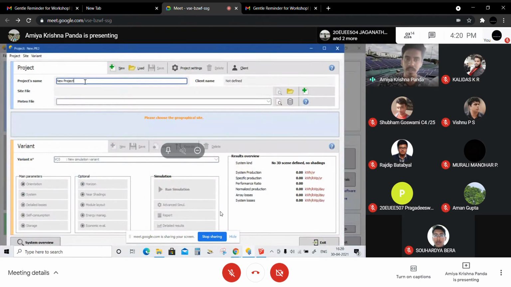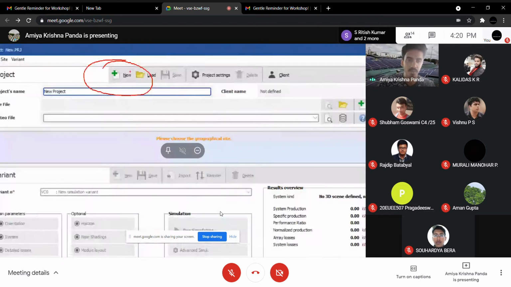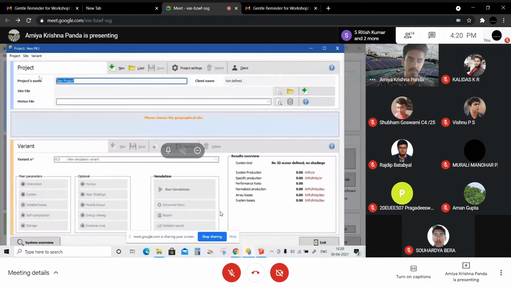So I am clicking on this new option, and now you can place your project name. So what is your project? Let's say I'm giving it the name solar design. Now go to the Meteo file.